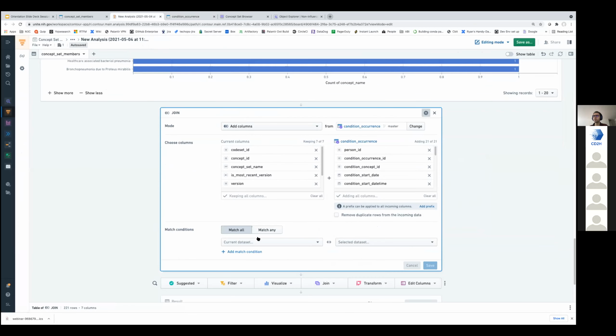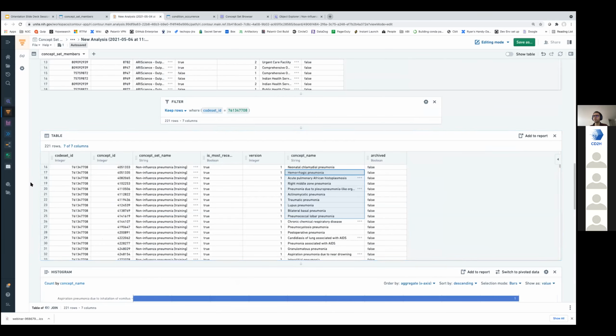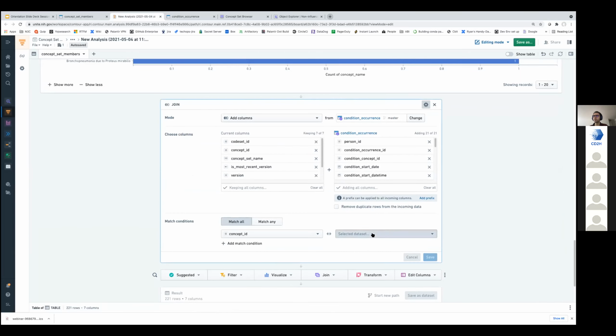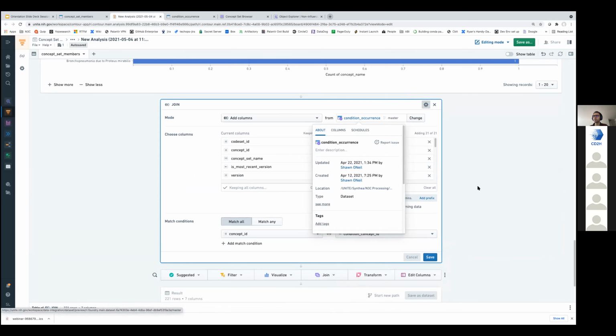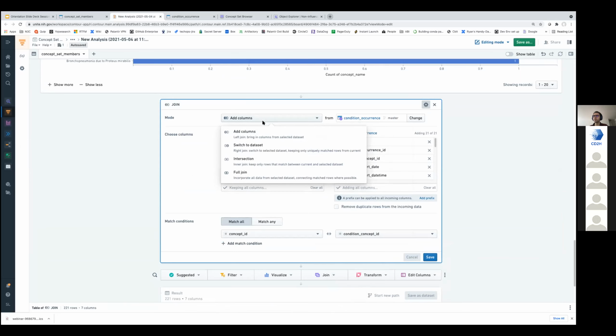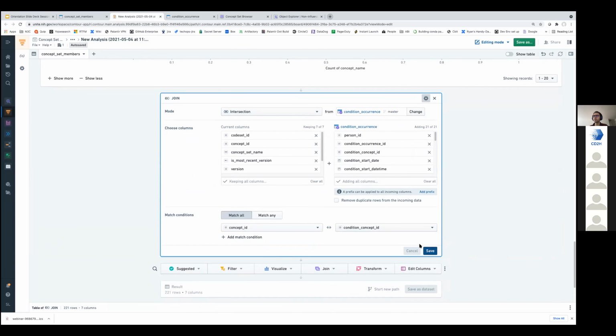And my matching condition is going to be to match the concept ID from my left table, which is the concept set members table, with the condition concept ID from this condition occurrence table. And in my case, I only want the records that are strictly equal to these concepts. So I'm going to be performing an intersection, which is another word for inner join. So if I do that and click save,